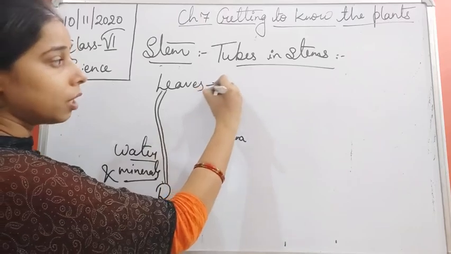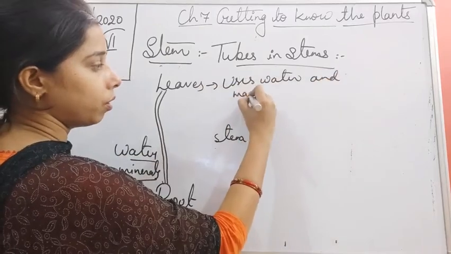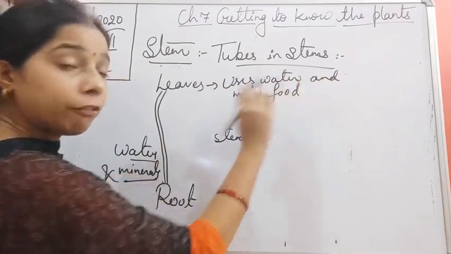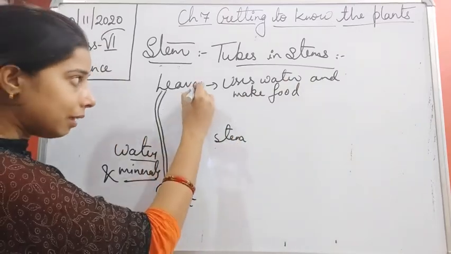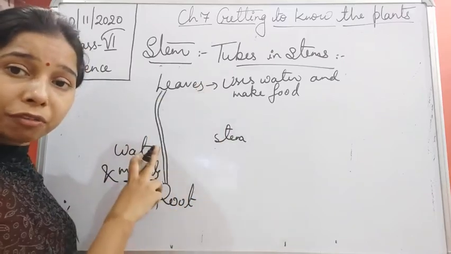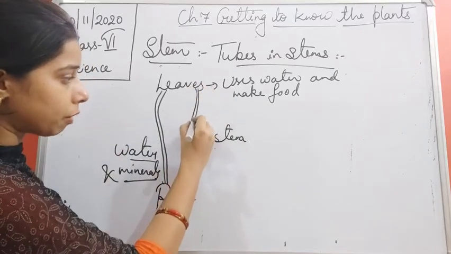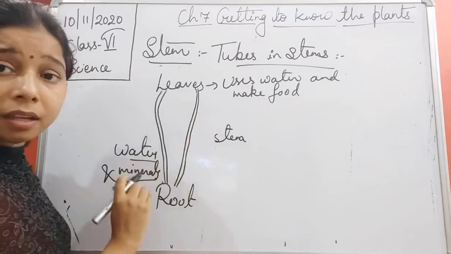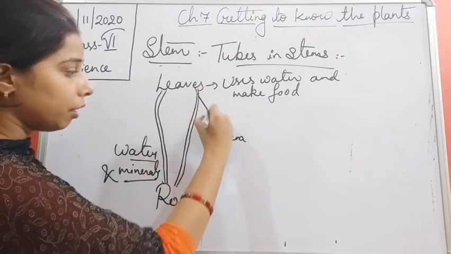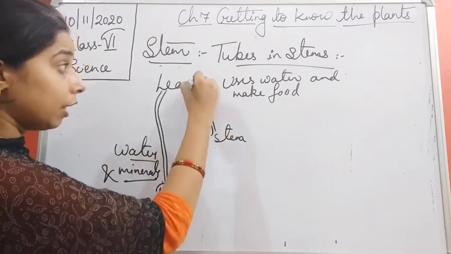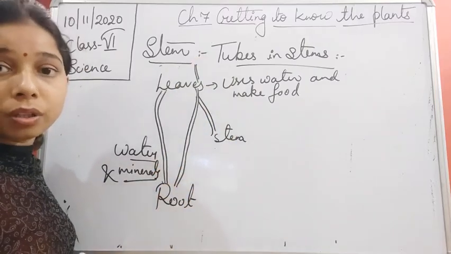This water and mineral is used by the leaves. So the leaves use water and make food. Now food is prepared, students. Now food is necessary for everyone, and food has to be distributed to the different parts of the plant. So there is another tube which is used to carry the food to the different parts of the plant. Now one more thing: it is not necessary that the food is carried to the roots only, but it can be carried to the different parts like the branches, or even in the upward direction where other parts of the plant are. So it can be carried to the different parts of the plant.